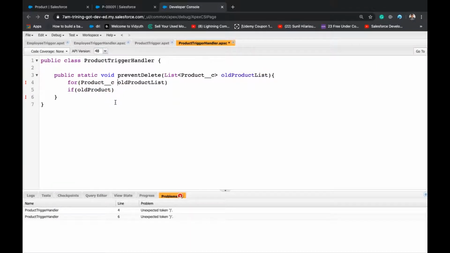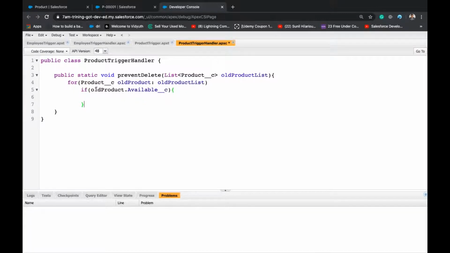Product__c product, old product: old product list. If old product.variable__c, we can directly check like this because it's a boolean variable, right? So if it is true, this will execute.